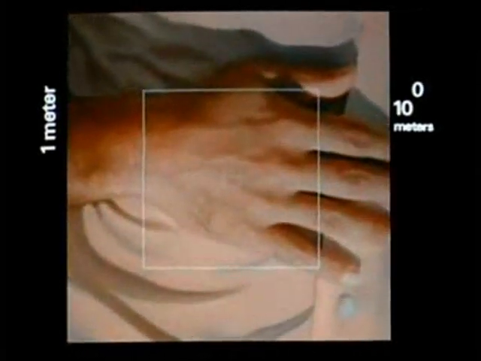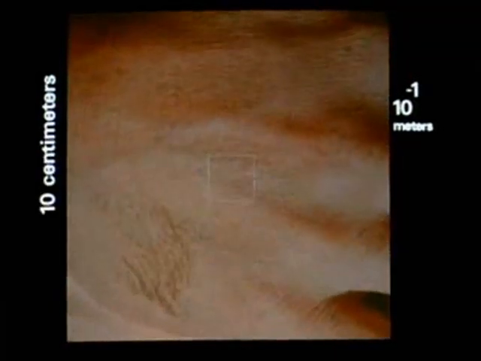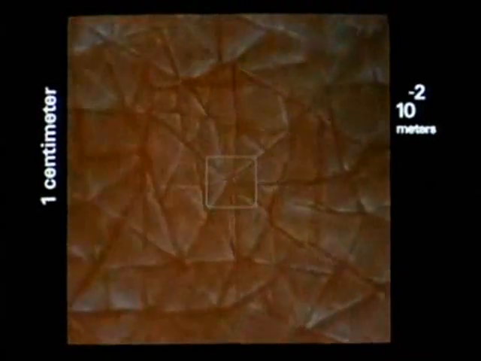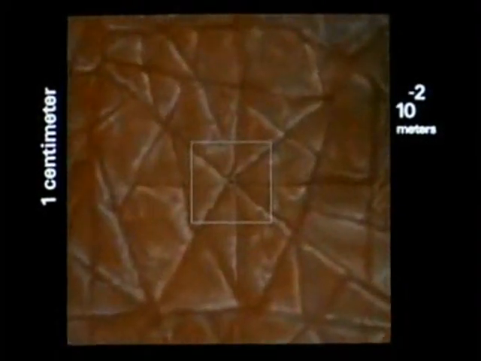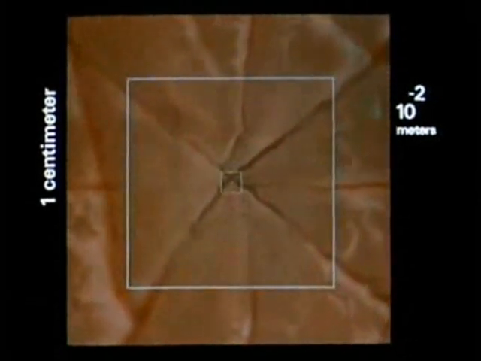Now we reduce the distance to our final destination by 90% every 10 seconds, each step much smaller than the one before. At 10 to the minus 2, 1/100th of a meter, 1 centimeter, we approach the surface of the hand. In a few seconds, we'll be entering the skin, crossing layer after layer from the outermost dead cells into a